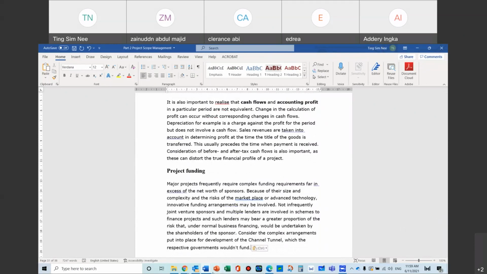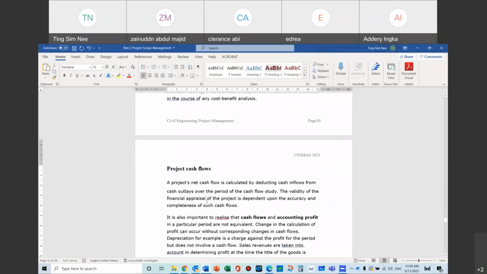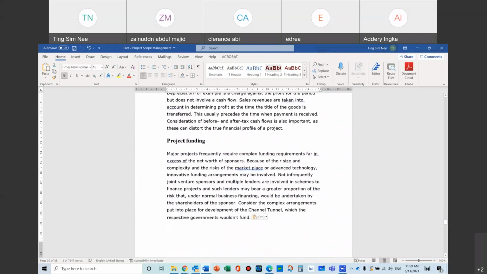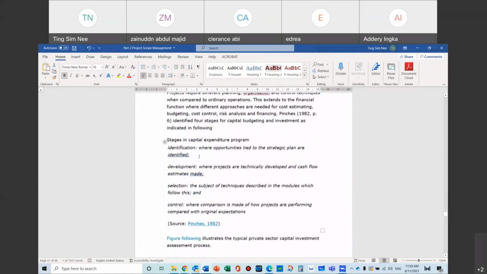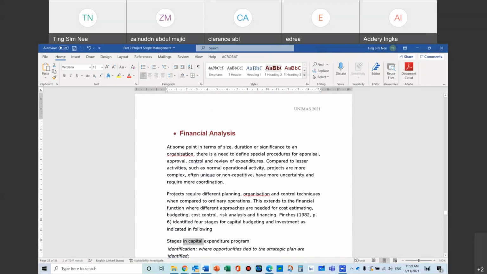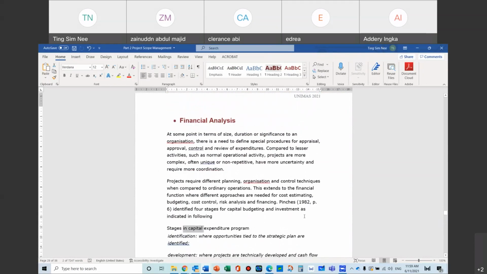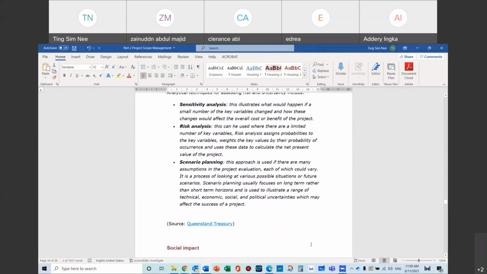Right. Okay. So once you see, your financial studies is more onto really the finance, the cash flows, project funding, where is the money going to come from, capital expenditure. So your financial studies that you learn from the other subject, finance, is going to be dealing more in this area. So this is going to be answering the second question, whether the project is actually viable or not. Okay, and then when you finish that, within the feasibility studies, you will